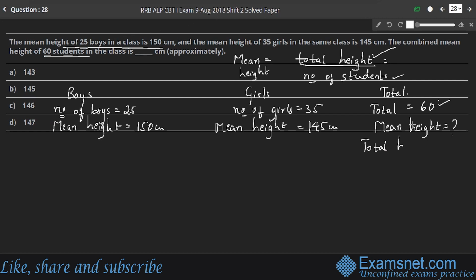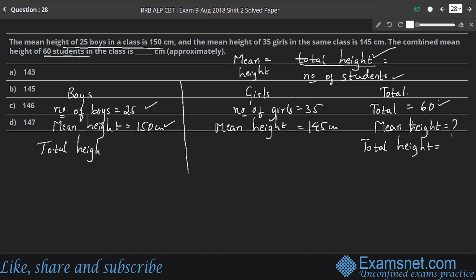So what is the total height of the class? For that, we need the total height of boys and girls, right? Just adding them, we get the total height of the whole class. Therefore, we'll consider the total height of boys and girls now. Since the mean height of boys and the number of boys, we know that, right? Therefore, total height